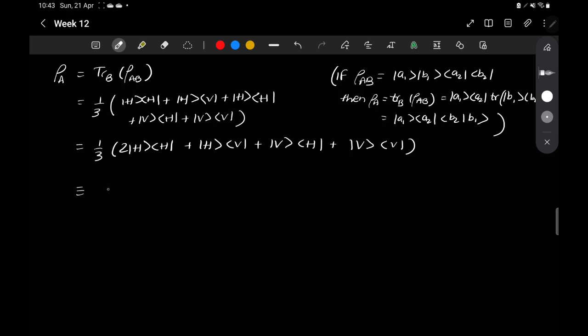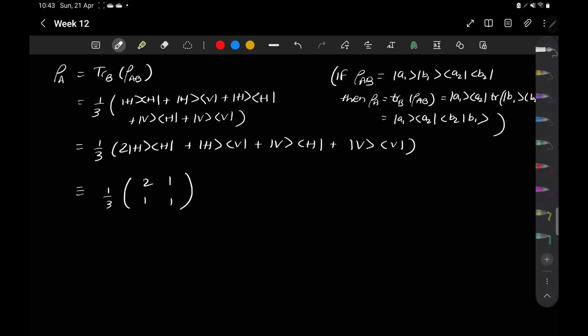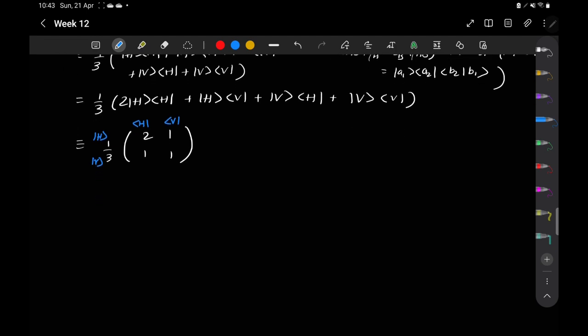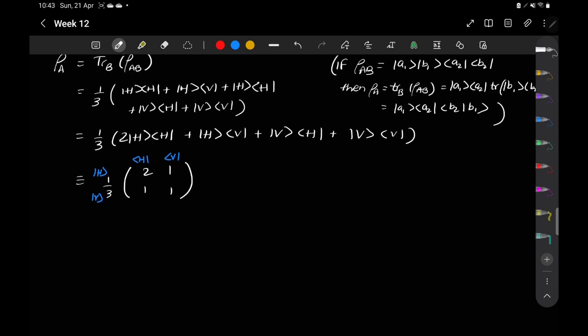Now in matrix form, this will be written as follows. Again, the ordering here is as follows. This is H and this is V. Same, this is here H and this is here V. Similarly,